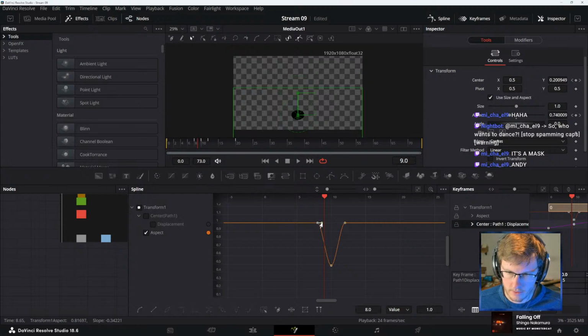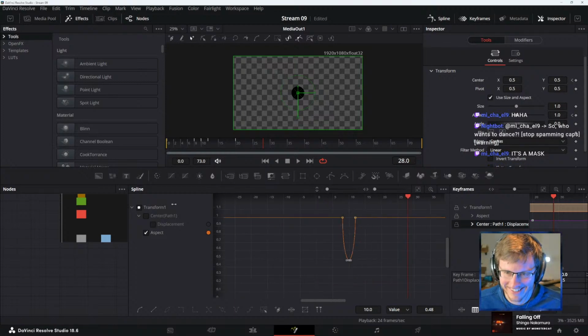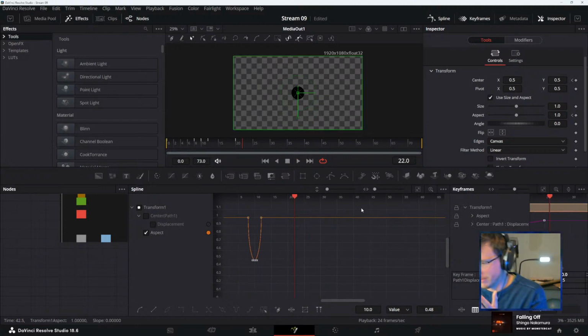Bring these down like that. Now this is gonna look like something straight out of a Disney movie. That ball bounce. Wow.